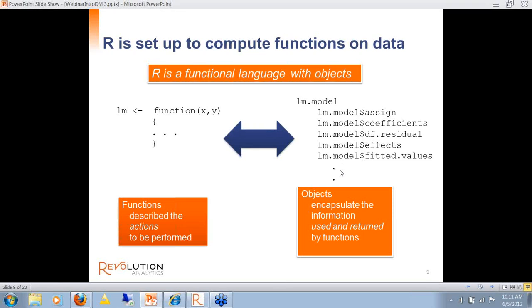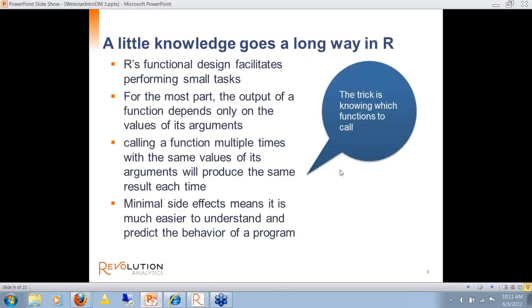And R works by having functions that do little pieces of work at a time. And the fact that it's a functional language, what that means is that essentially if you call a function with the same inputs multiple times, you're going to get the same answer. So it's not dependent on where you were before.